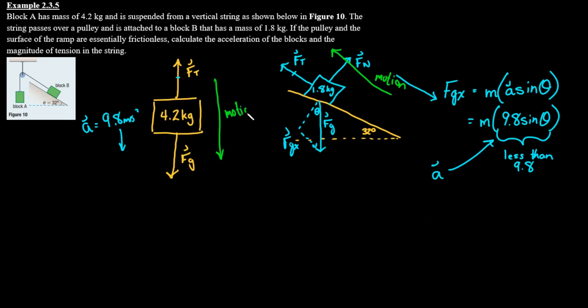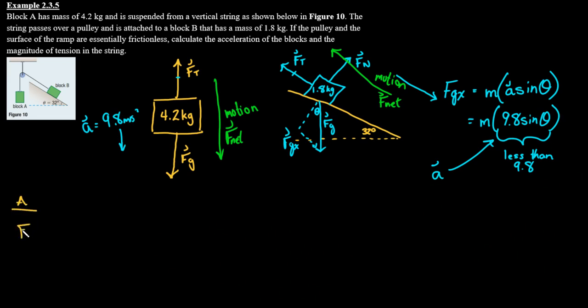Okay, and the reason I do that is to really set up our FNet formulas for each block in terms of their direction of motion, right? So if this is the direction of motion and we know it's accelerating, that's the direction of the FNet. Same up here for this block, okay? And then what we're going to do is we're going to actually now start to create equations for each of our blocks, okay? So for block A,